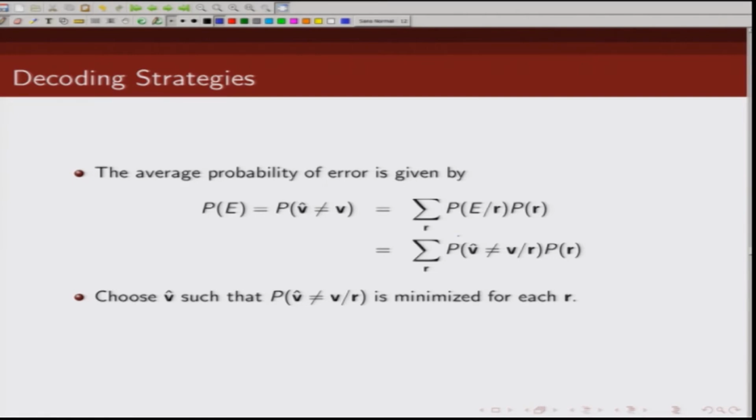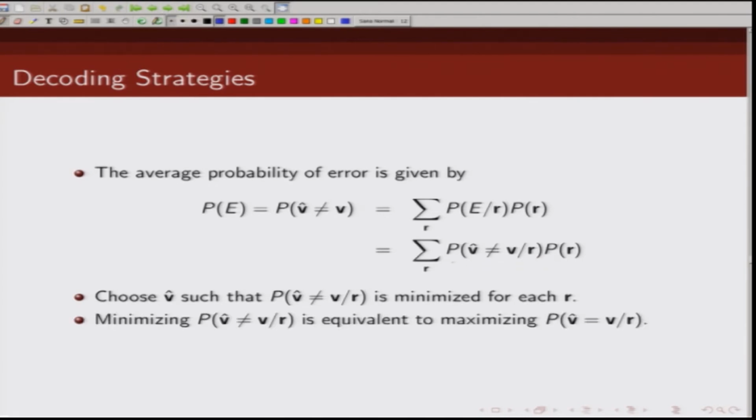Now, whatever V hat I choose, that does not change P of R. So, the choice of decoding rule does not change my P of R. In other words, if I have to minimize the probability of error, I should choose my V hat in such a way that this is minimized. For each receive sequence R, this term should be minimized. Okay. Now, minimizing this term